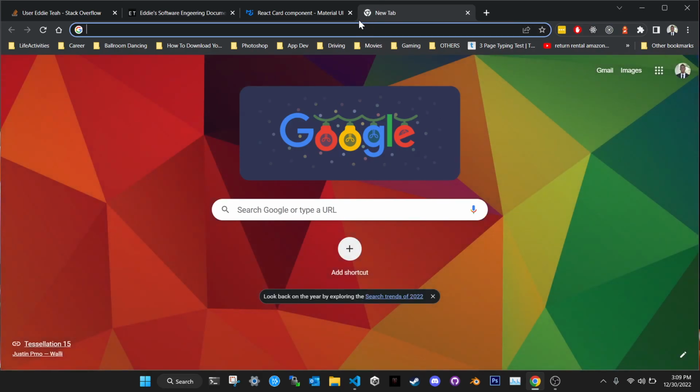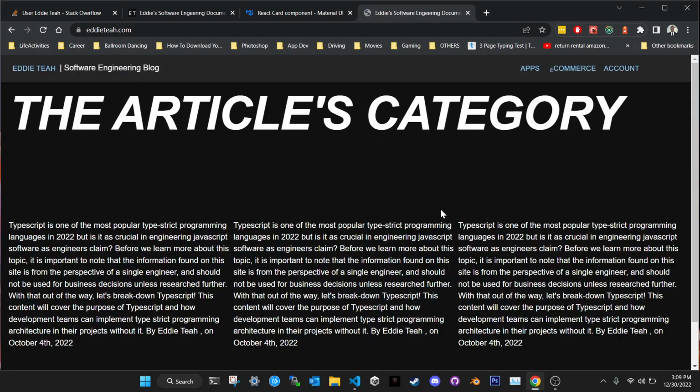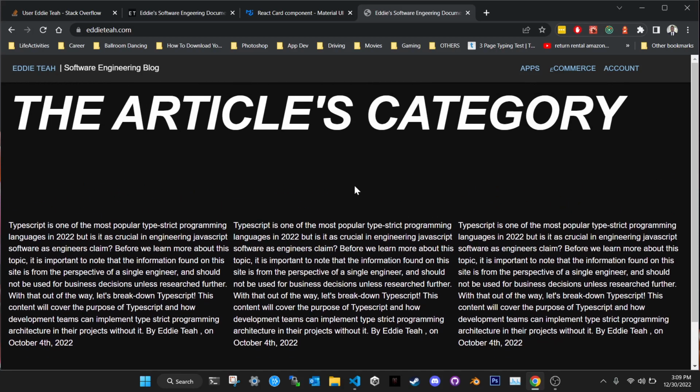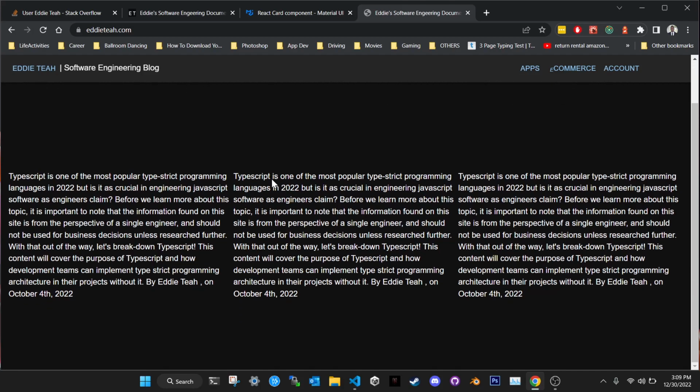So we will go to my website, the basic one that I deploy right now. I'm deploying this website for testing purposes. It's obviously not in a good state, but I have to deploy it so that I know how it is in the deploy environment.